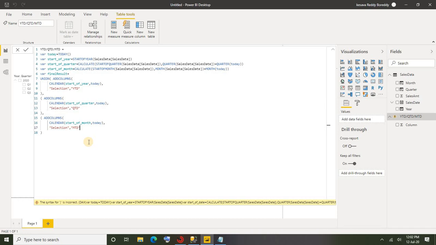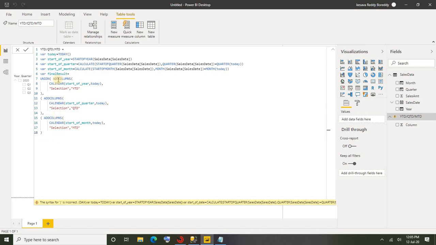So if you see overall in the dates column, you could see some duplicates also, because the dates that are already covered for YTD you might be creating again for QTD, and again for MTD. Let's not worry about that. Of course, it is expected to have duplicates here. So it's very simple, we are just creating a table with a DAX function, that's it.